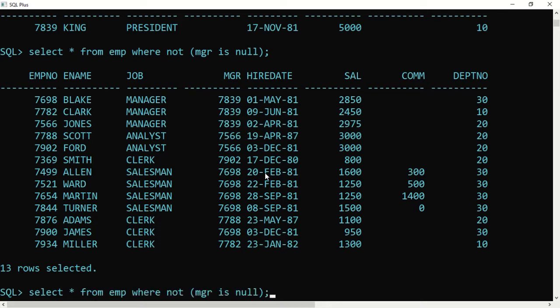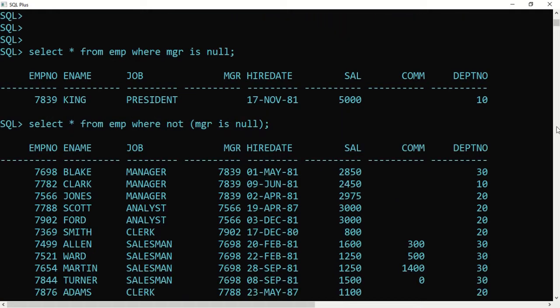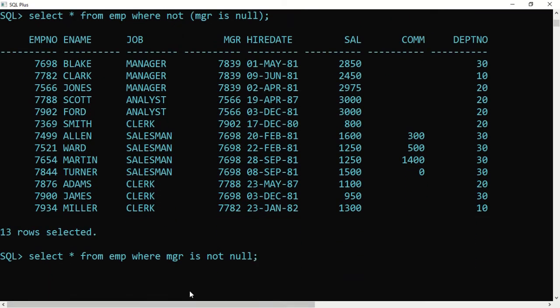Now the same thing I can write this way also. Instead of saying not for the entire thing in the bracket, I can say where MGR is not null. Same thing. I'll show you once again. Select star from EMP where MGR is not null.